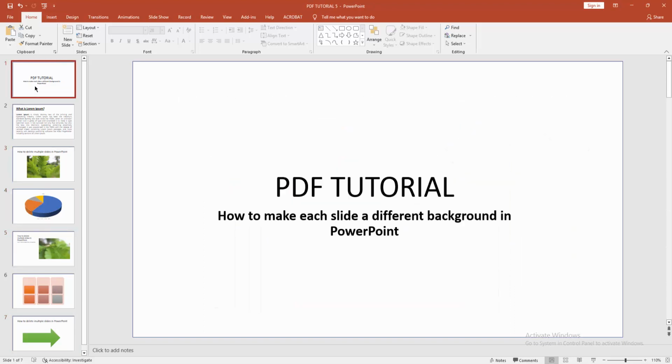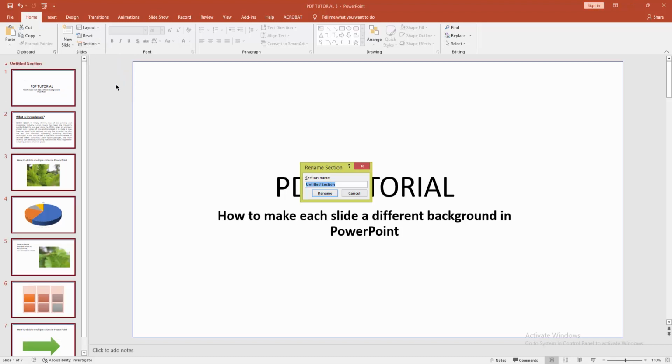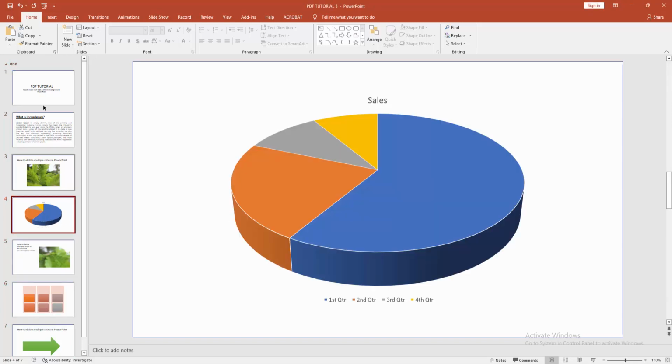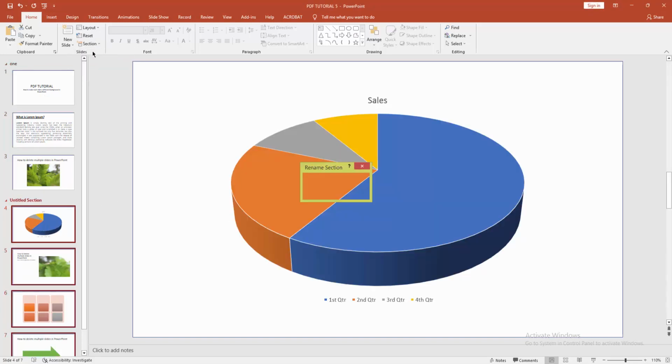Now we go to the first slide, go to the Home menu, click the Section option and click Add Section, then write your section name. Now I am writing my section name. Then go to the fourth slide, click the section name, again click Add Section, then write my another section name,